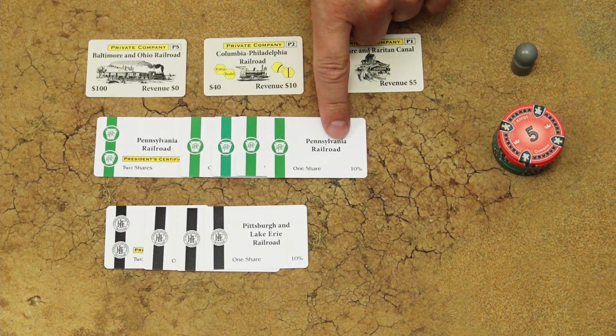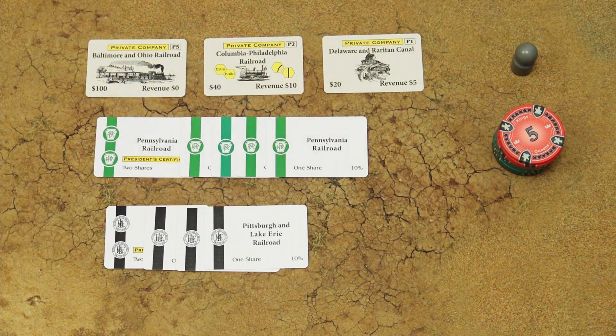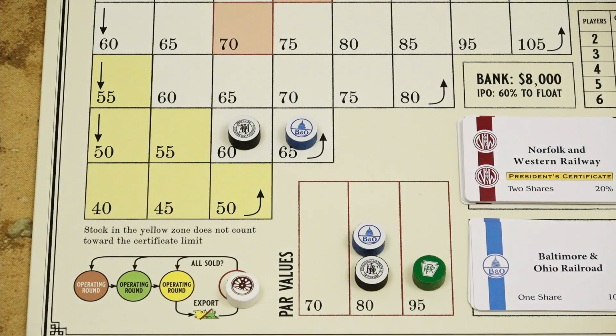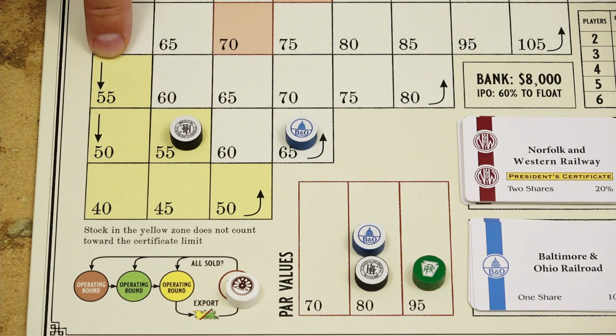First, these one share certificates, then two shares president certificates, and also these private companies count as one certificate each. In other words, each piece of paper is one certificate. If the market price of the company moves into this yellow zone, the shares of those companies don't count to